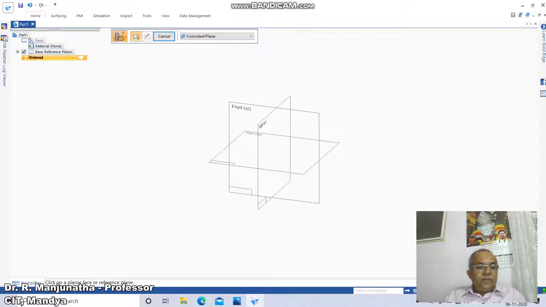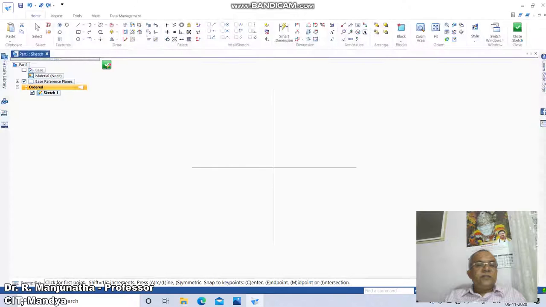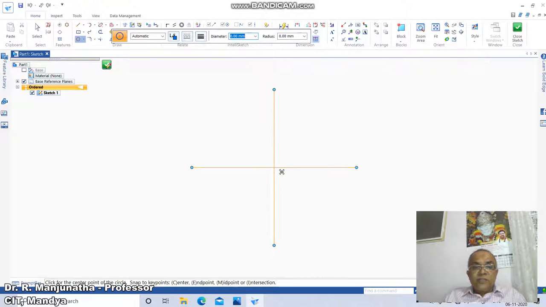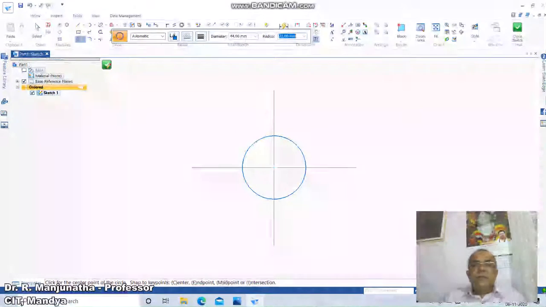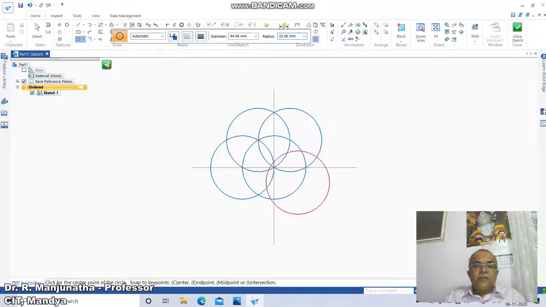So we click on planar face. This is the reference plane. Since it is M22, 2 times the diameter means 44 mm is the circle diameter. So you take the intersection of this and take the diameter as 44 because it is 2 times the diameter. Then with the arc method, you just click on this. So we are setting up the 5 circles so that you are going to get 6 points.